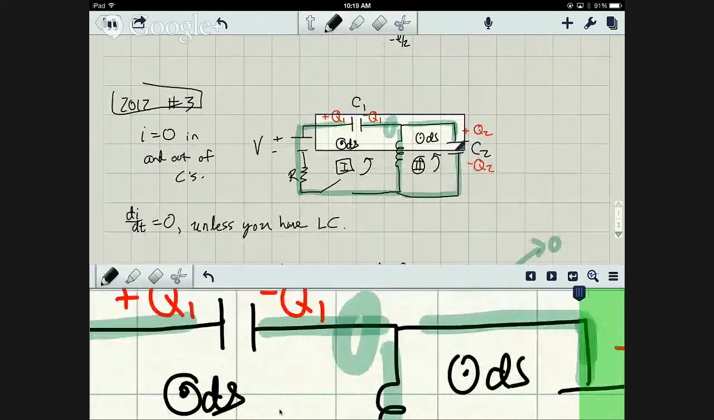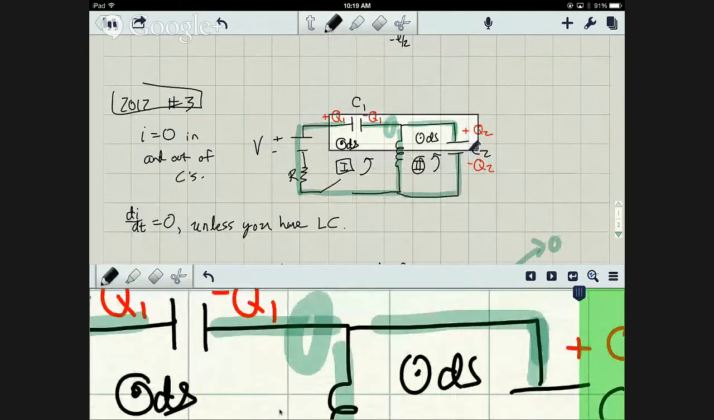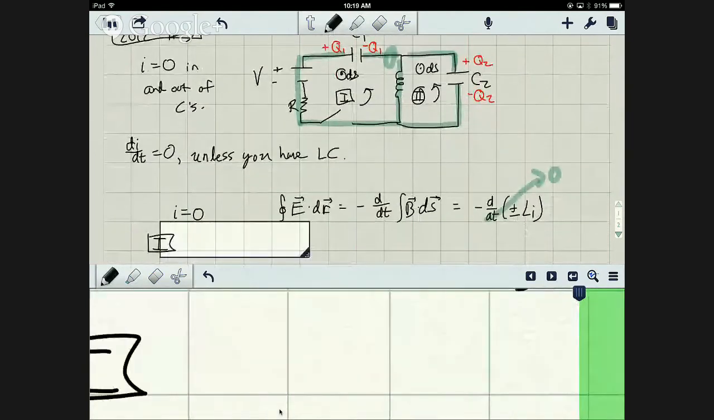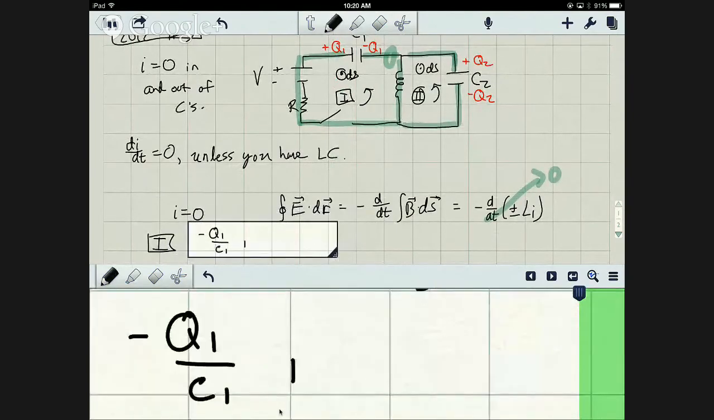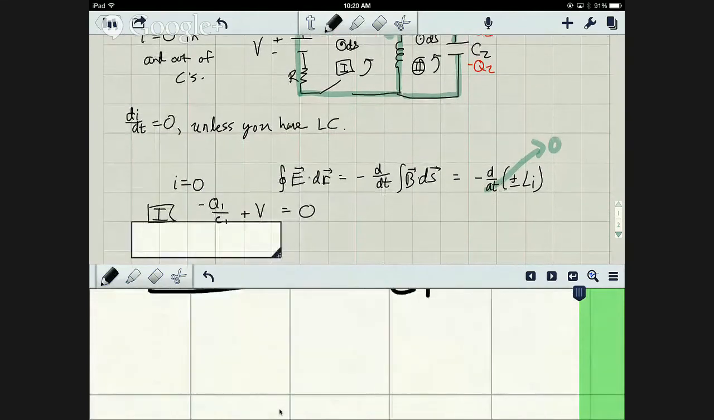Going over the capacitor, the field's pointing to the right, and we're integrating to the left, so we're going to get negative Q1 over C1. And then we're going to get plus V is equal to 0. And for loop 2,